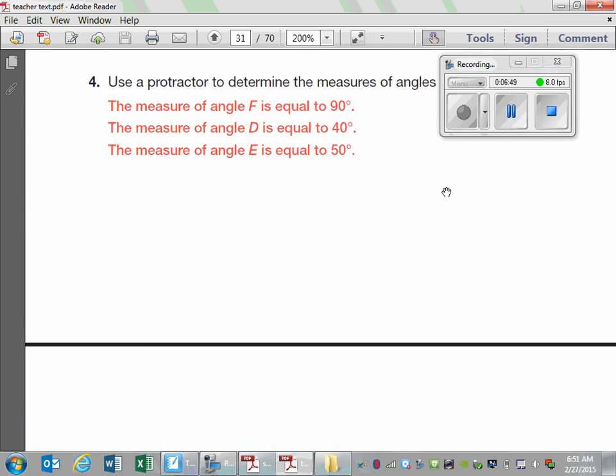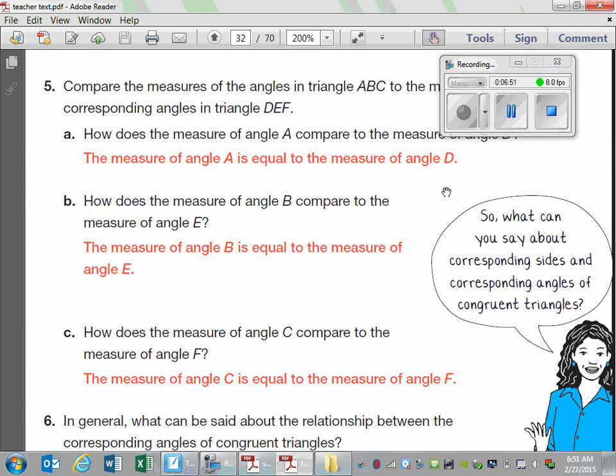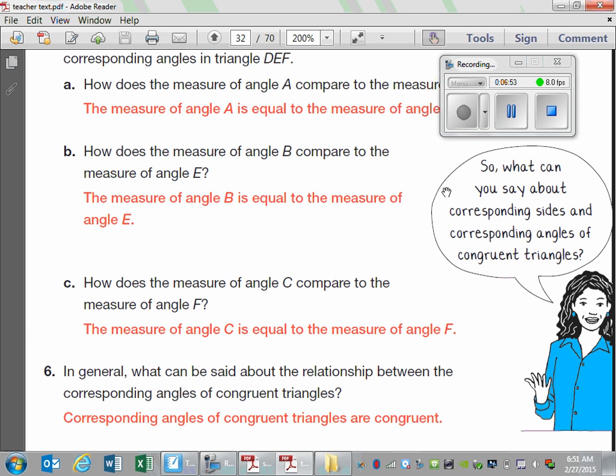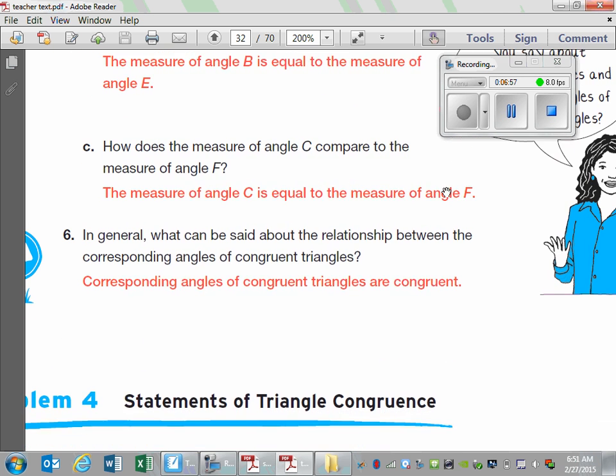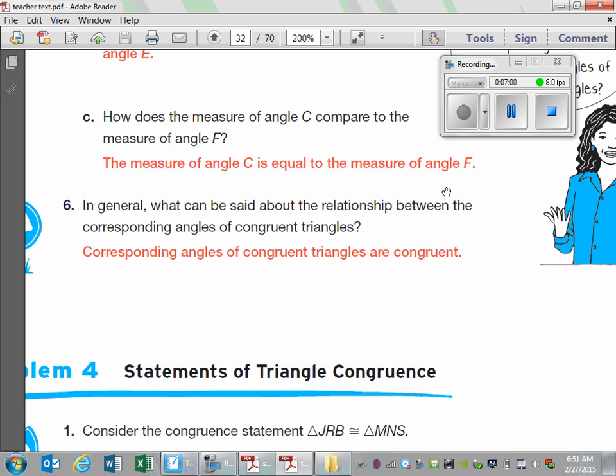All right, we're going to now move on to problem 4. So you can skip a little bit of this. So you don't need on page 446 this upper part. But now let's start problem 4. Statements of triangle congruence. So if you have triangle JRB, and this symbol means congruent, to triangle MNS, identify the